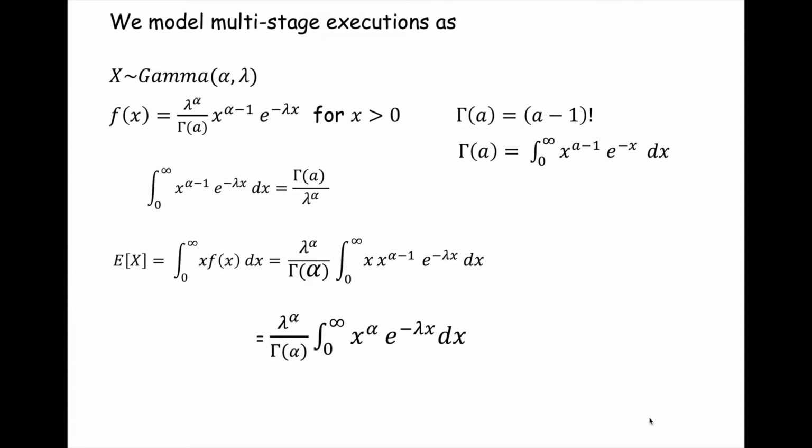Okay, so now I compute my expectation, right? So here's my x, and here's my f of x. So I replace f of x with the density for the gamma function. And in one step, here's my lambda to the alpha, gamma of alpha. Here's my x to the alpha minus 1, e to the minus lambda x dx. So I multiply that by x. And in the same step, I recognize the fact that this leading coefficient does not involve x, so I bring it out from underneath my integral.